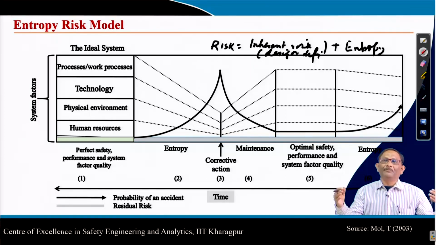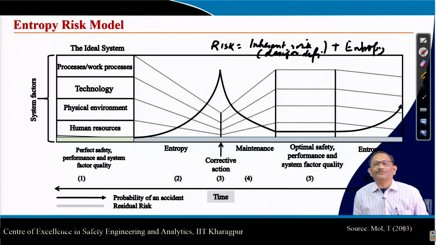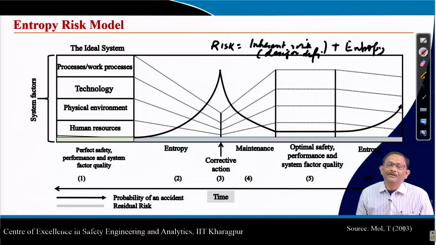Then people doing the work, and work processes, which relate to the operating procedures as well as the organizational procedures. We need to revisit all those things from time to time,